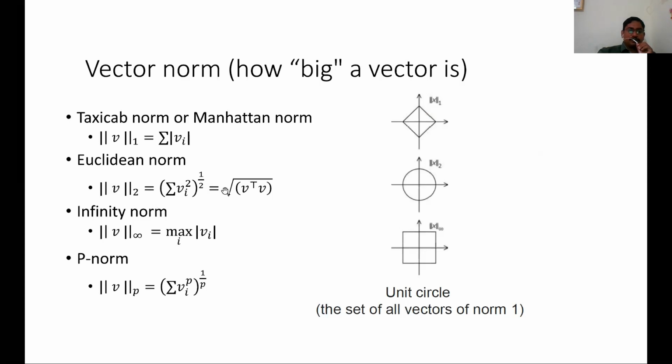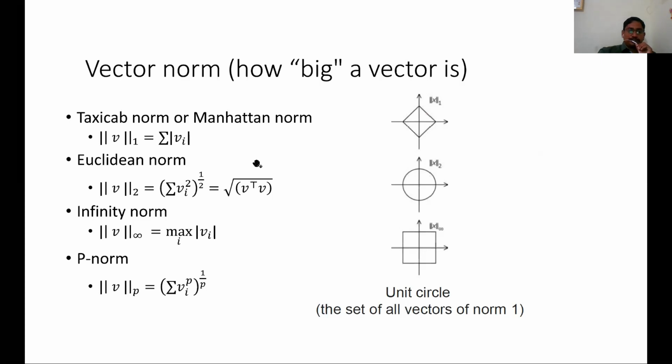This is the Euclidean norm. The Euclidean product is just component wise multiplication. Dot operation is used, dot star is used here. And this is the infinity norm. You have to take the maximum among all these. And this is the P norm. And these are the geometric representations of this. This is the one norm representation, then the Euclidean norm. These are all unit circles in the particular norms.